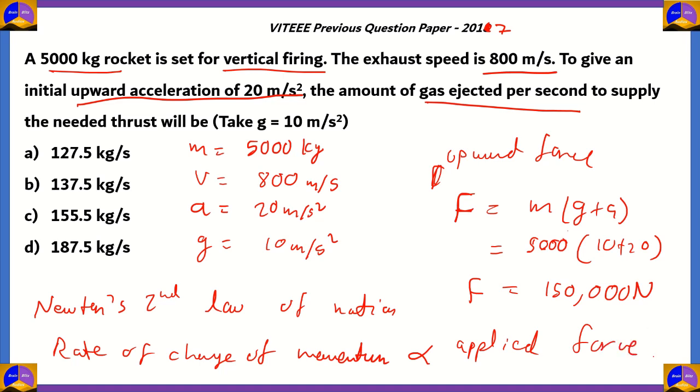And the constant here is 1, so therefore the rate of change of momentum is equal to the applied force. So that means the value of force will be delta P divided by delta t. So the value of force can be expressed in two ways. You can write v times dm by dt or m times dv by dt, which we commonly know as